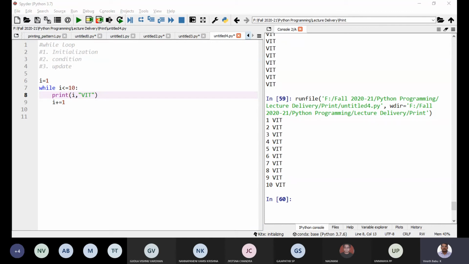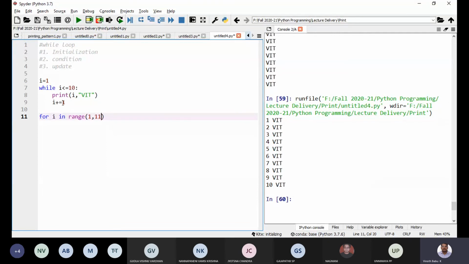So can you convert this while loop to a for loop? For i in range, we know the starting value of i is 1. We want up to 10, so the stop index should be 11.